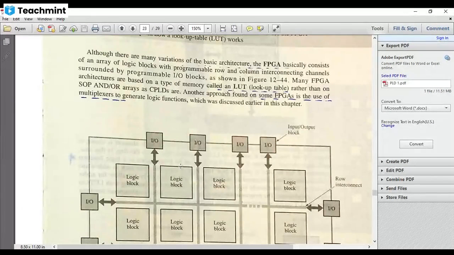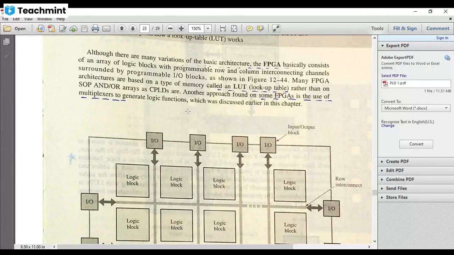It is a type of memory. Okay. So here we have to say that the architecture of FPGA is based on a type of array called lookup table, and in CPLD it is based on sum of the product logic. Okay,